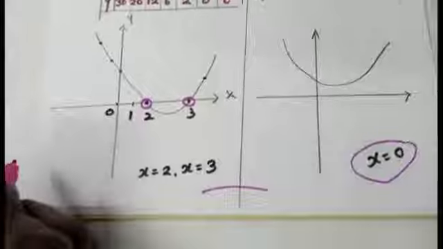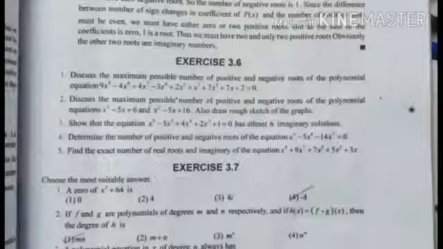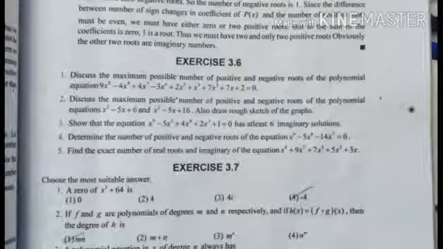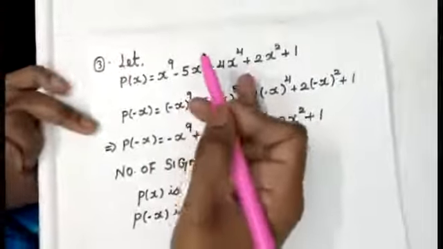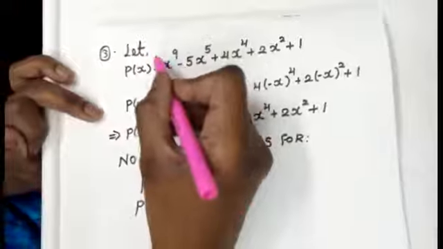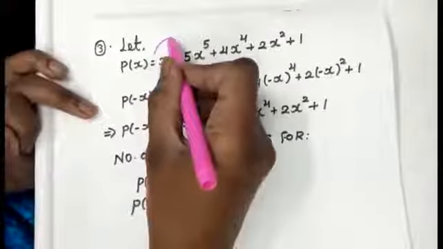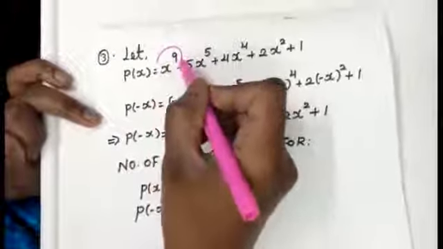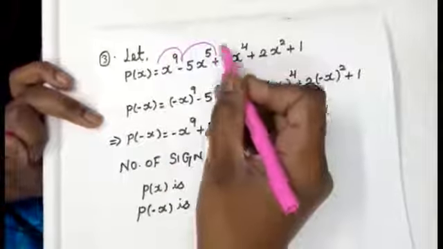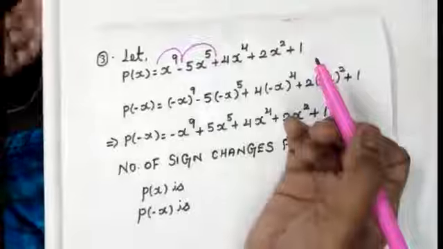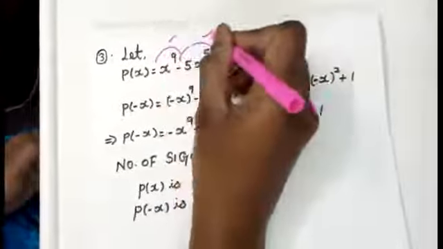So this is the idea for the second sum, students. Now we are going to move on to the third sum. Exercise 3.6 third sum. Show that the given equation has at least 6 imaginary solutions. Just see here, students, if you check the sign change, positive to negative, one sign change, negative to positive, another sign change, again positive to positive, everything is positive, there is no sign change. So how many sign changes do I have here? 2.